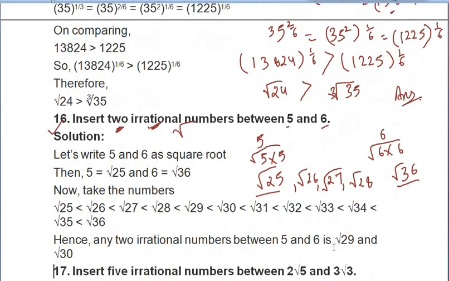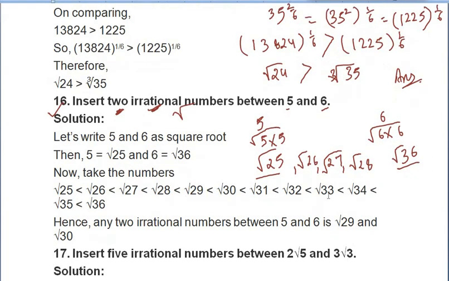Now next question, question number 17. Insert 5 irrational numbers between 2 under root 5 and 3 under root 3. This also we will do in the same way. We will bring this outer number inside the under root, and then we will get big numbers and there will be remaining numbers in between them. So you can see here 2 under root 5 I can write